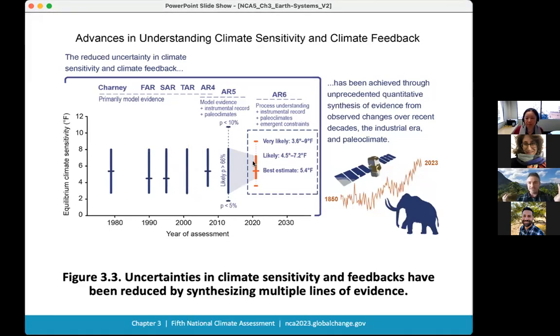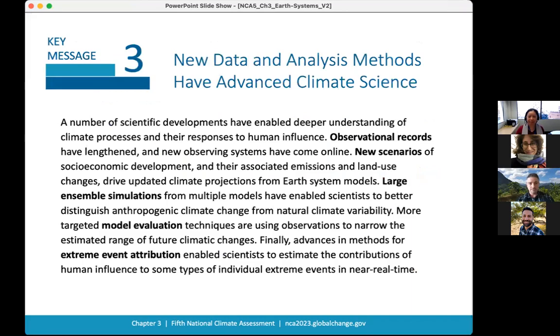Why do we care about this? We care about this because we want to know how sensitive the climate is as we add more greenhouse gases to the atmosphere, and as those carbon dioxide and other greenhouse gases stay up in the atmosphere, that then lets us know how strong of warming we are expected to see, and then what's the nature of the impacts that would result of that. So from a policy perspective, it is really important to understand how sensitive the climate is, given that humans are now influencing the climate by adding greenhouse gases into the atmosphere. Okay, next slide. All right.